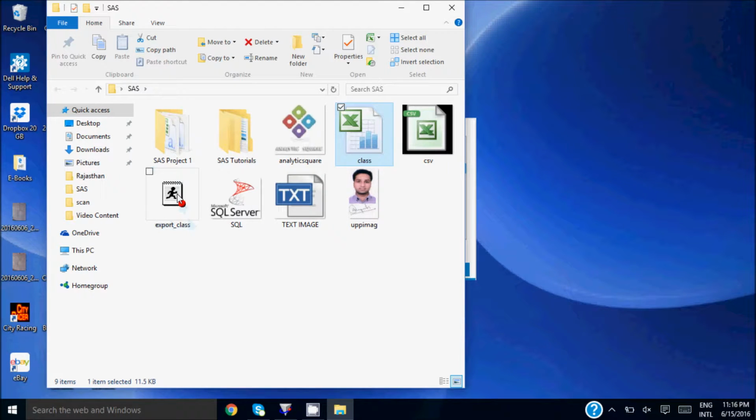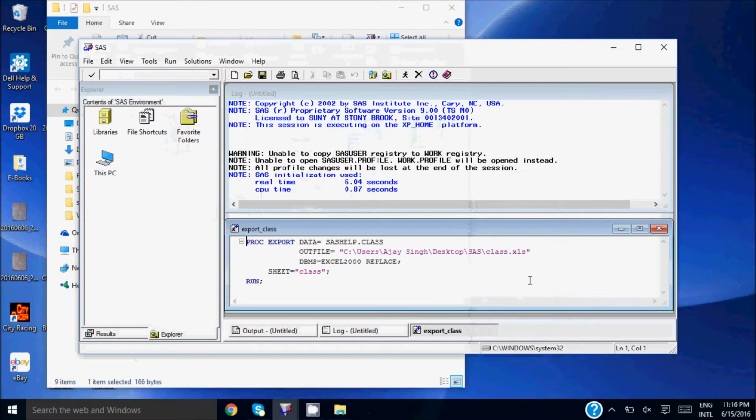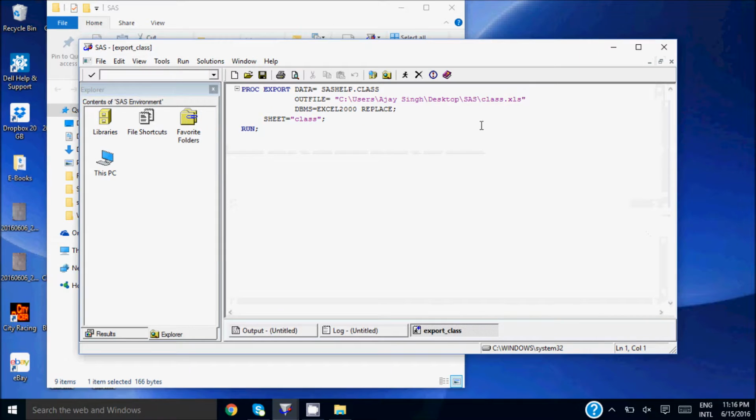Now we want to see the code that has been generated too. So I will open the code. Here is the code that we have saved. Now we can see that the wizard has created a proc export statement, and it has been saved in the same manner the way we have saved the data